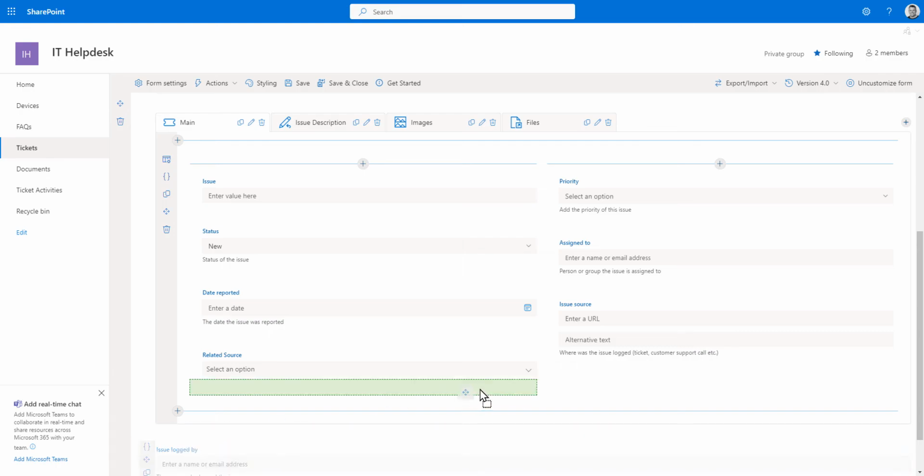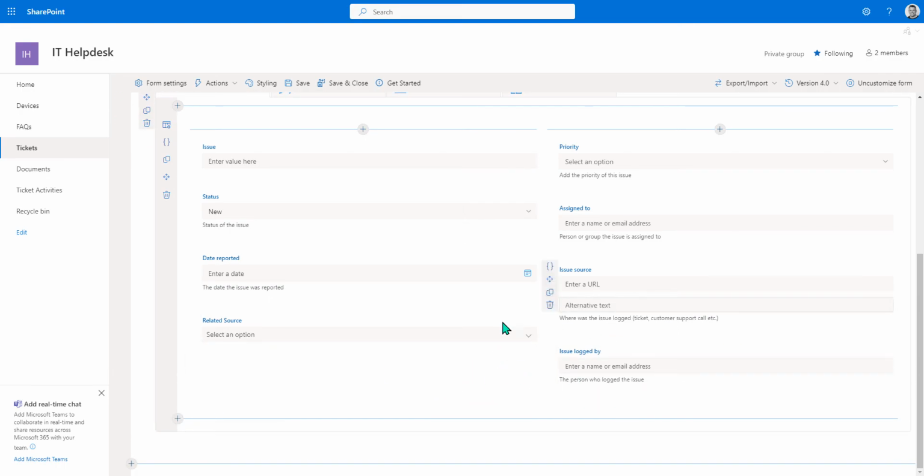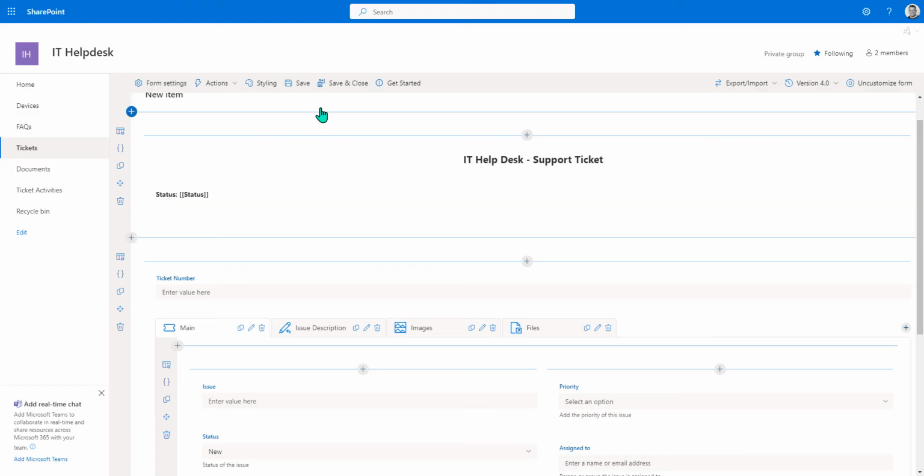And just to finish this, let's just bring that issue logged by up into the main section of that form. All right, so with that done, let's save this so far. So that is going to increment the version of this form, and I'm also going to export the form as well, which will export the JSON, allowing me to bring that into the edit form and the display form. So now we'll just save and close for the time being,